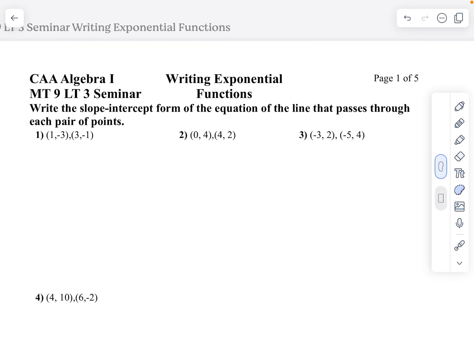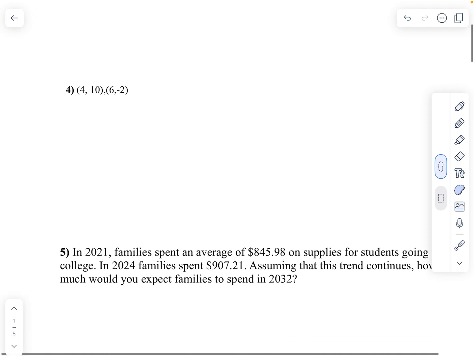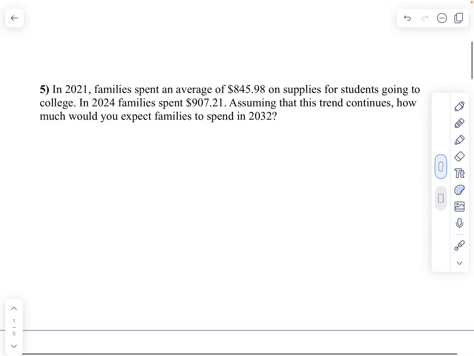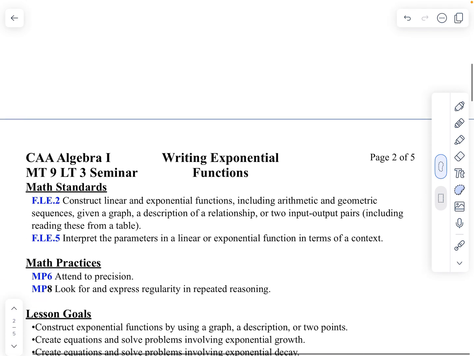Let's look at your 9-3 seminar on writing exponential functions. Do the first 5 questions. If you're working ahead, hang on to your seminar. We will go over those in class, and I expect you to participate. And I expect you to participate on all these problems we're going through. If I call on you, you should be able to answer the question because you've already done it or you